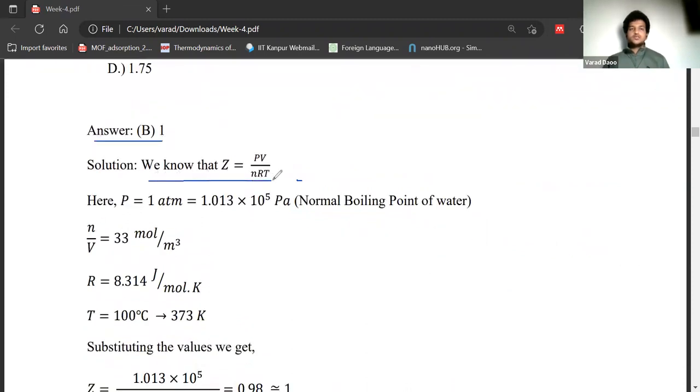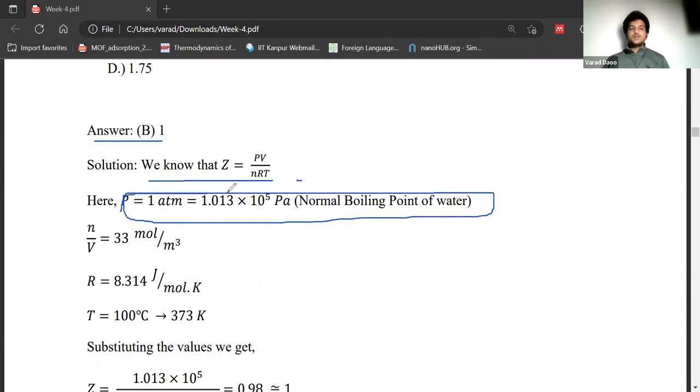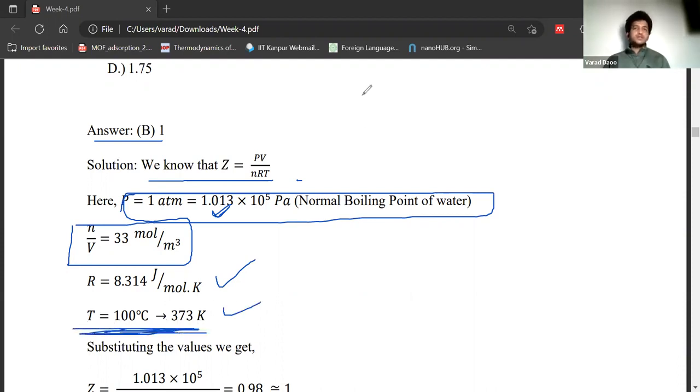So we know that Z is equals to PV by nRT. So these are the conditions of normal boiling point of water. Pressure is 1 atmosphere, which corresponds to this value in Pascal, 1.01325 10 to the power 5. And N by V is already given, 33 mole per meter cube. We know the value of gas constant and temperature of normal boiling point is 100 degrees centigrade, which is 373 Kelvin. When you substitute it,